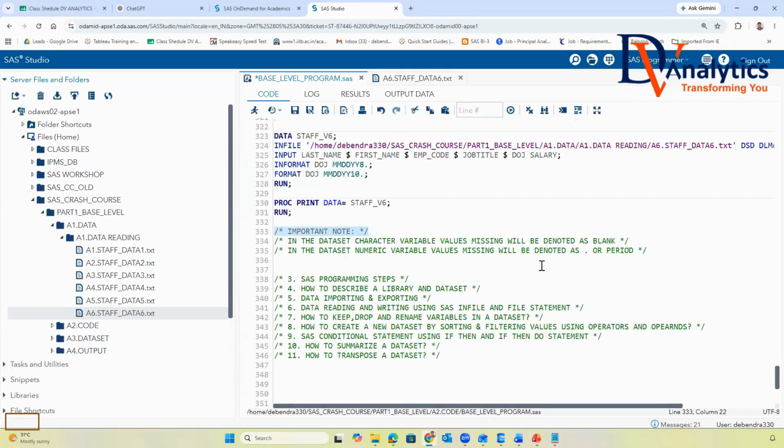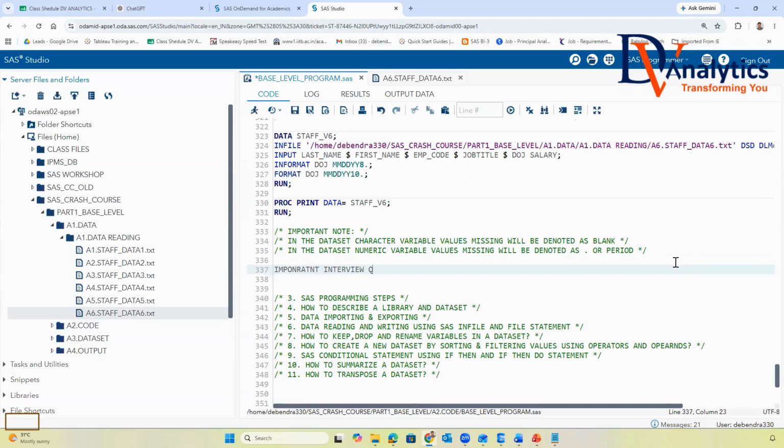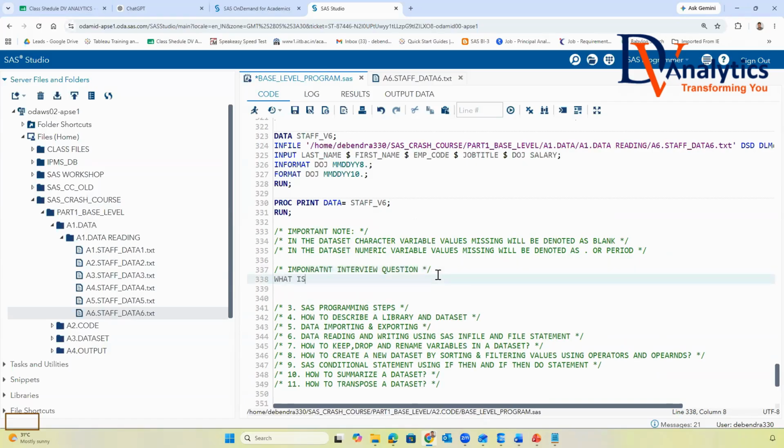Now there is an important interview question. The important interview question is going to be, what is DSD and where do we use that? How do you answer this?